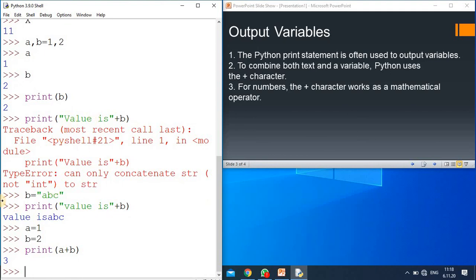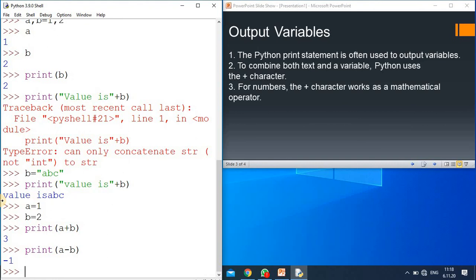In this way you can also use the other operators in the print. Next statement is print, suppose I write a minus b, then you see 1 minus 2, it is minus 1. So under the print statement you can perform various operations.